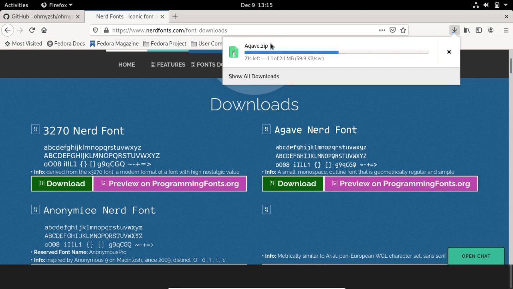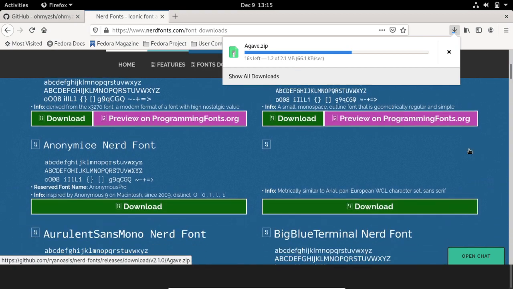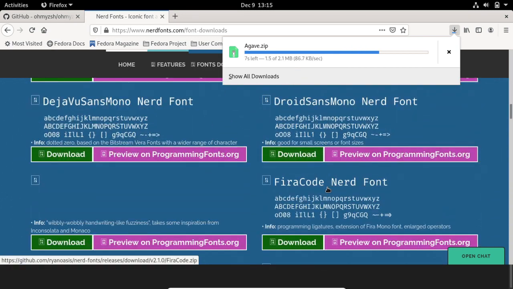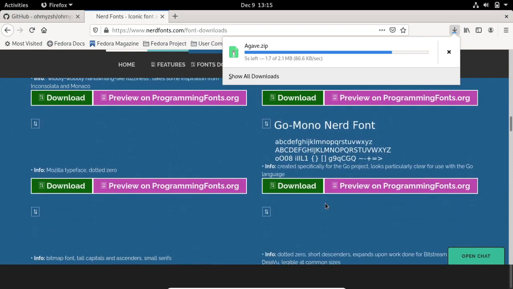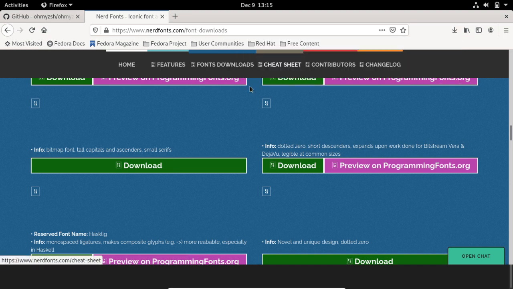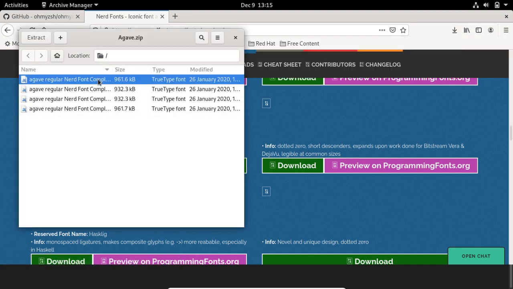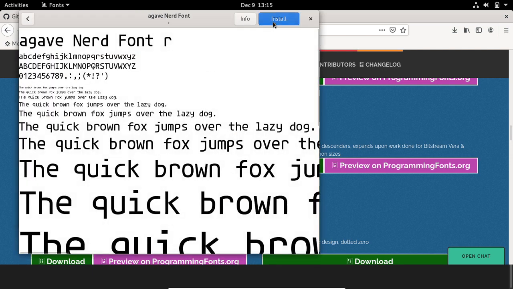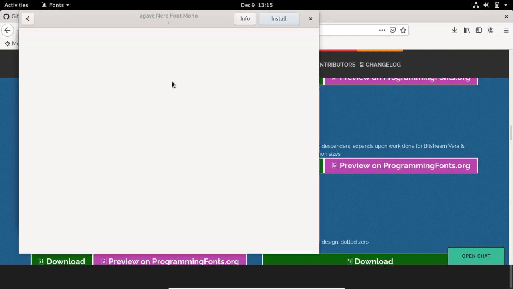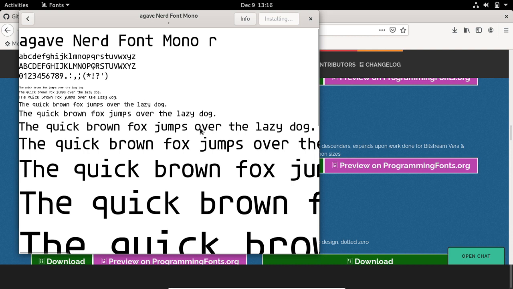It's not necessary that you download this one. They have many fonts available, and you can choose any one you like. I just chose the second one. Open this file, and you just need to click on install, and yes, you can install the others too.